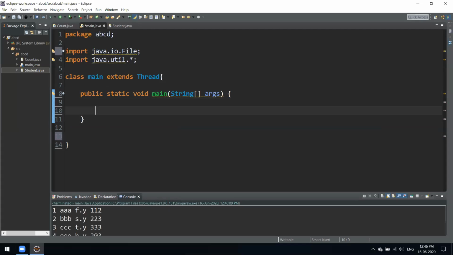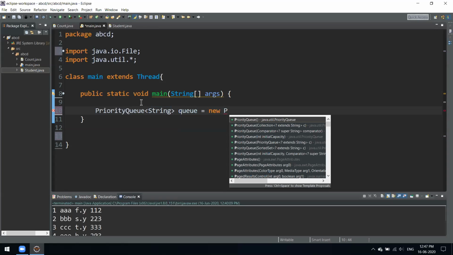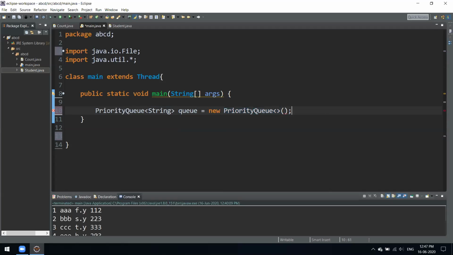Now what we're doing is we are using a queue. This is how we declare it.